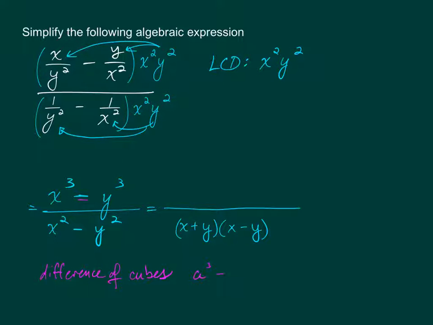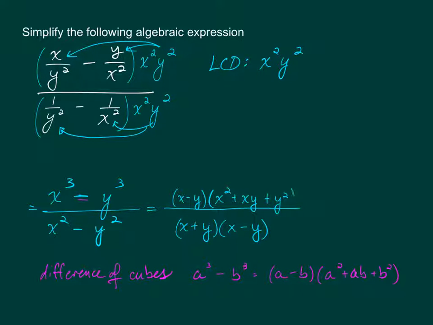If you have something cubed minus something else cubed, that will be the first minus the second in the first set of parentheses. So it's almost like you get the first set of parentheses for free. You just write down what you see without the exponents. And in the second set of parentheses, you get a squared plus ab plus b squared. So substituting the x's and y's in for the a's and b's, you end up with x minus y times x squared plus xy